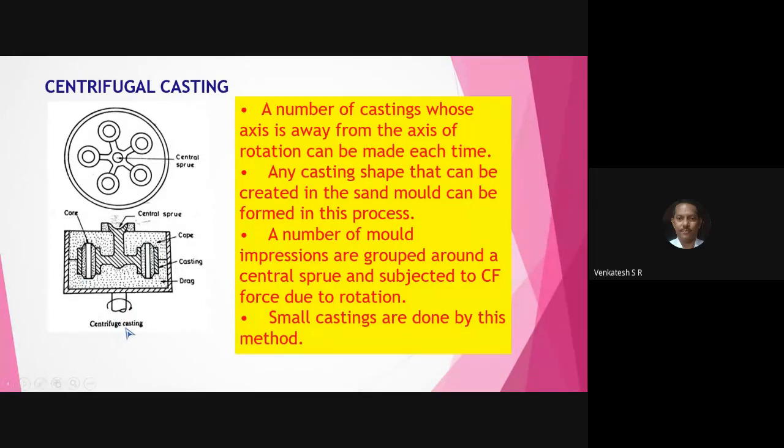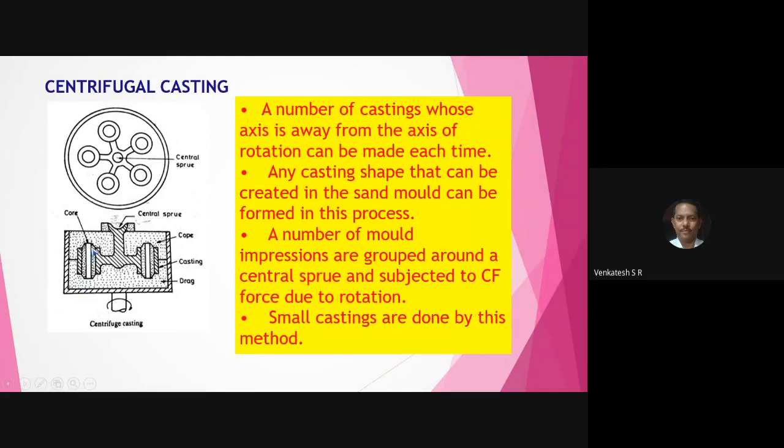Centrifuge. It is also called a centrifuge. It is supported on a spindle which is rotating at the speed of 1200 to 3000 rpm, and this is the mold box. You need a circular casting of a pulley type. Usually the pulley is used in machine tools or in the motor or in the compressor or anywhere. If you use a pulley made from cast iron, that is produced by the centrifuge casting process.